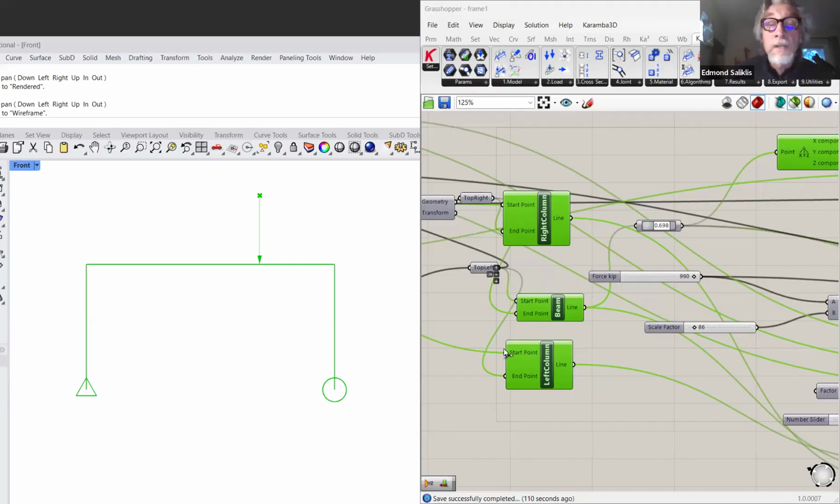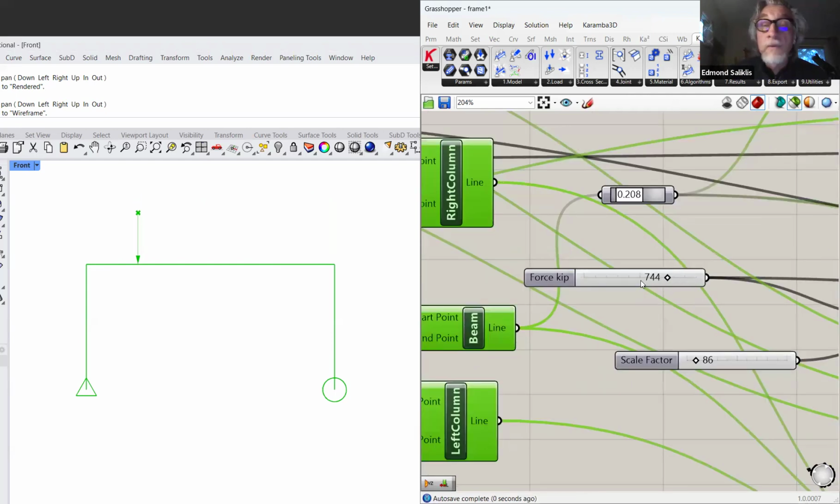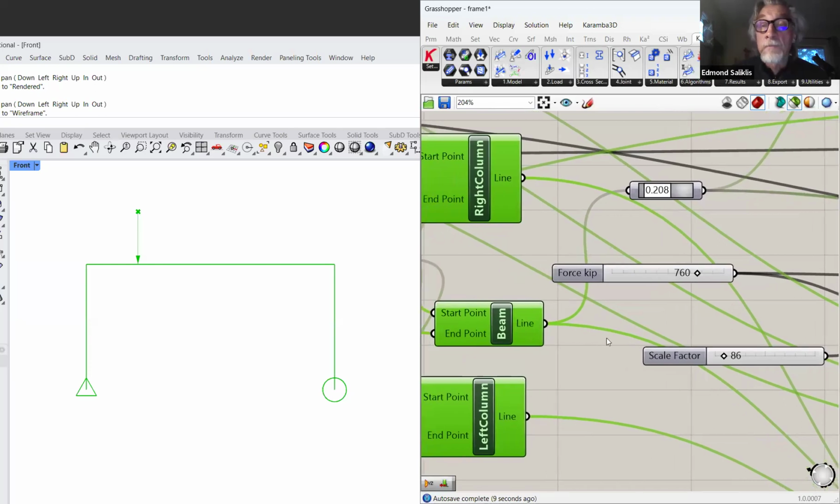We will do a quick example here of a model that I would like you to just take a peek at. We have a pin at the left end and a roller at the right end, and a simple frame with a moment carrying connection. The nice thing about this, I think, is that we can move the position of the load anywhere we want. We could change the magnitude of the load. And obviously we could do self-weight and things like that, but I wanted to keep it with a point load